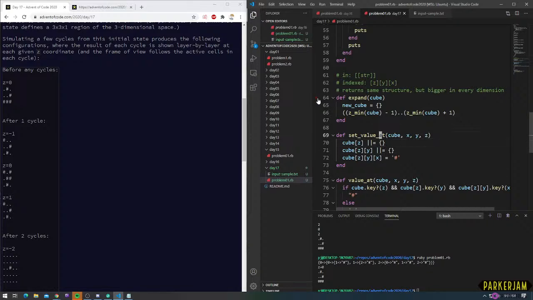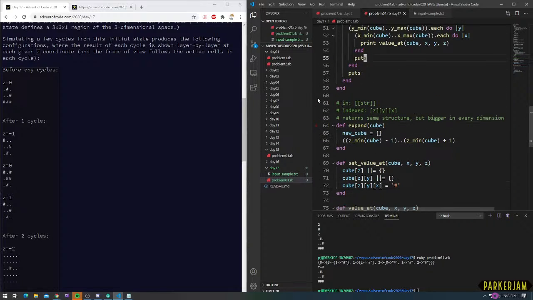Value is always hash, so we don't need to actually add configuration for that. So we can actually